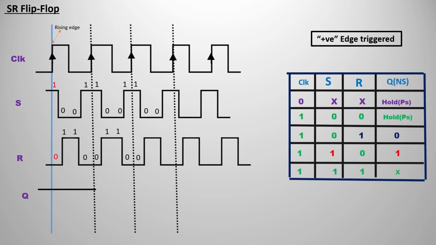We are going to see the first rising edge. Up to then you should not check anything. After seeing the first rising edge, you compare S and R. Here set is high and reset is 0. Reset means R, set means S. As set is high, you set the output Q to high. You can see I have taken high there.